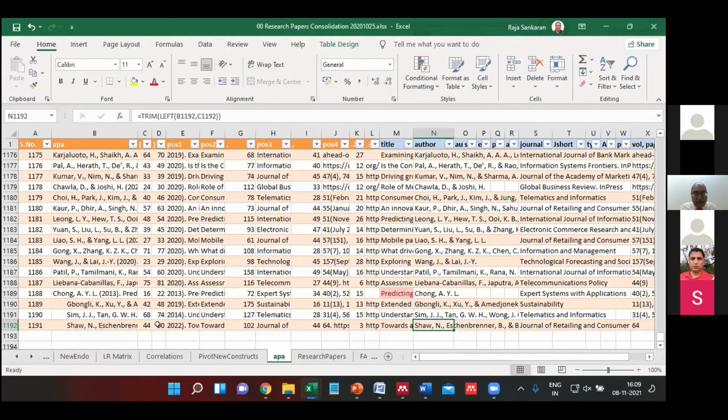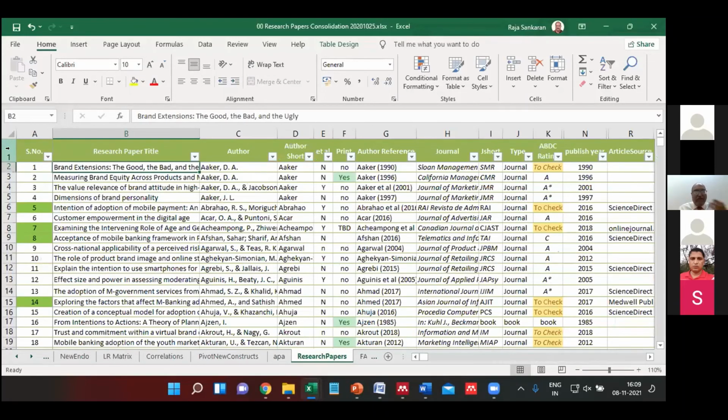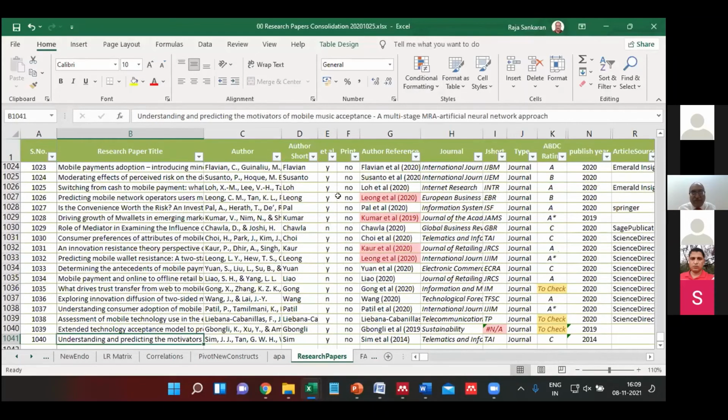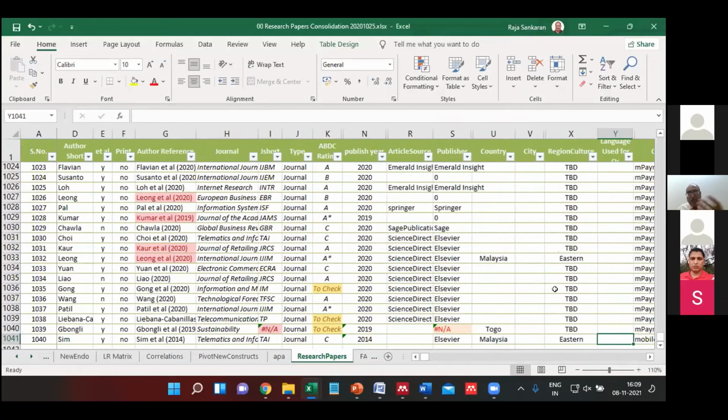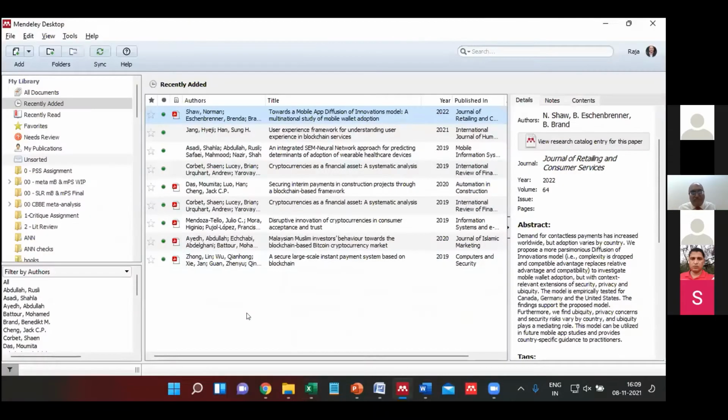Then I can have my own listing, like I have one for research papers, wherein I do a lot of comprehensive work. Like you said, whether read or not read, I can make use of this. I also have something customized saying whether I have taken a printout of this particular research paper or not. And I have more categorization, of which category of ABDC journal it is. I do a lot of things as part of it. For all this, you need those entries, which none of the software offers.